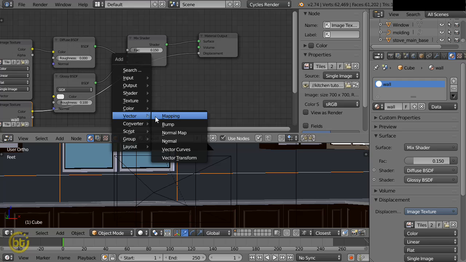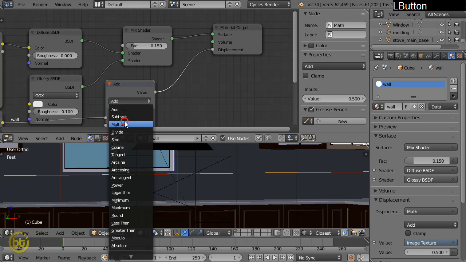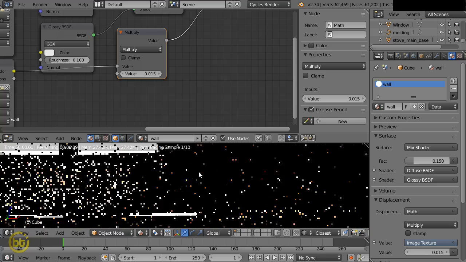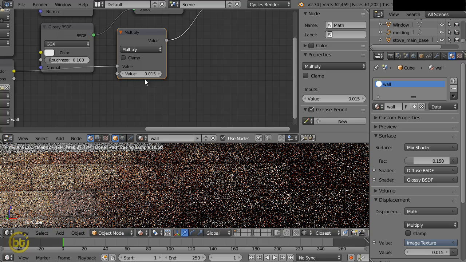To do that, go to the converter and add the math node. Here set this one to multiply and set this one to 0.015, and you will see, this one looks pretty good, but